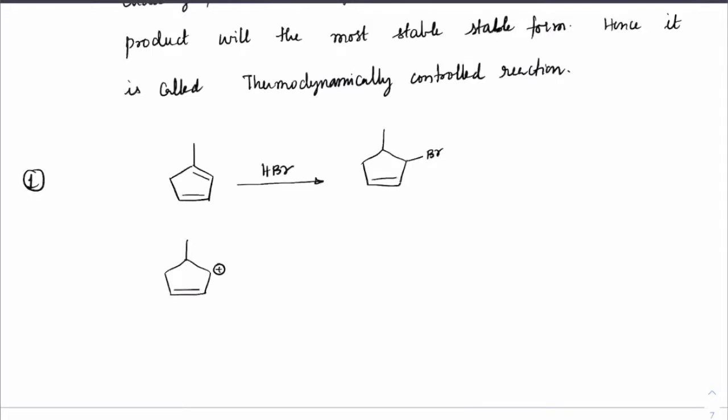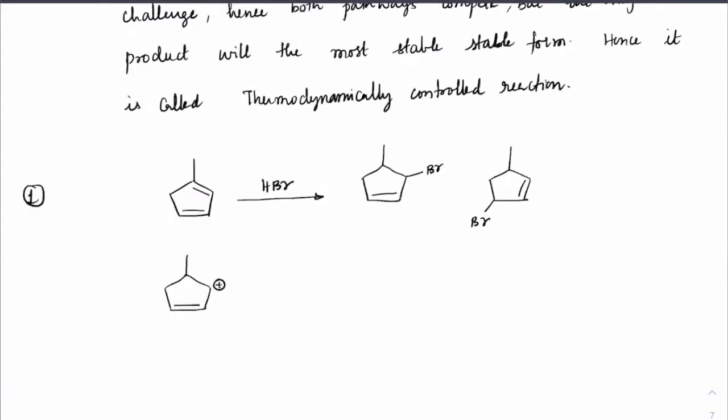Or that double bond, you can see that double bond can actually get a formation here also. If double bond shifts, we can get a product here. It is that product forming. We can get double bond here and we are getting added here. Are these two major products, I mean kinetically and thermodynamically controlled? Are these two major or minor products here? See, now like I said, major and minor first depends upon going up to the most stable carbocation. Clear everyone? So you need to go up to the most stable carbocation first, and then you have to decide which is major and minor.